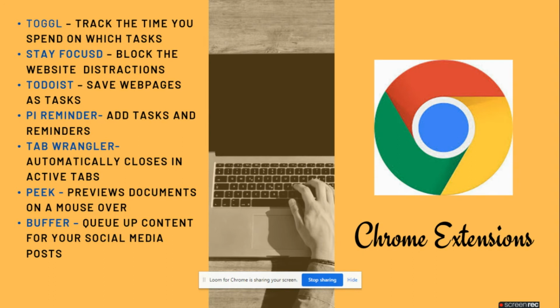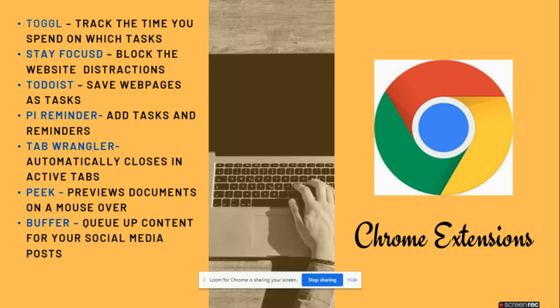So you can use this Chrome extension for these things. Stay Focused is one more good extension, which basically blocks some of the websites which you don't want to have open while you work, or if you don't want your kids to see specific websites during their classes, you can restrict those websites by blocking them in Chrome or Microsoft Edge extensions. So you can block those sites so that they won't be able to open those websites when you are away from your home or some other place. And that is one good part.